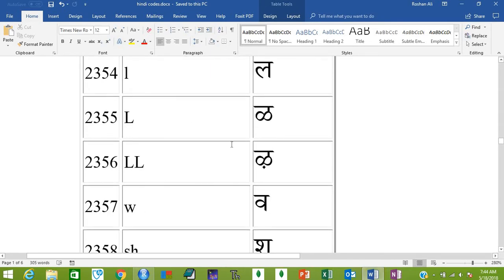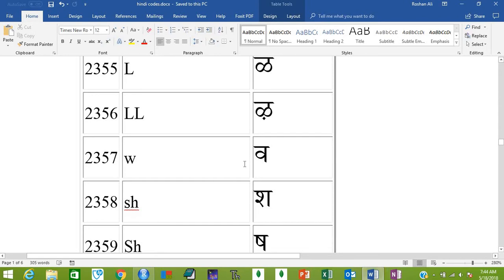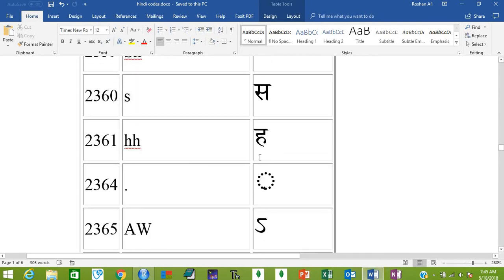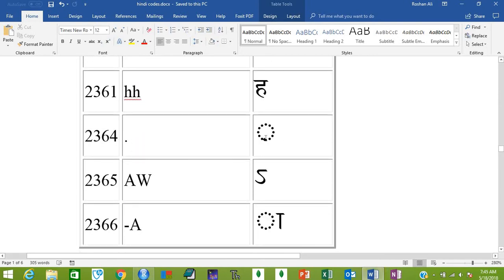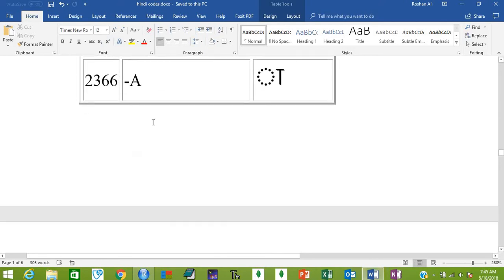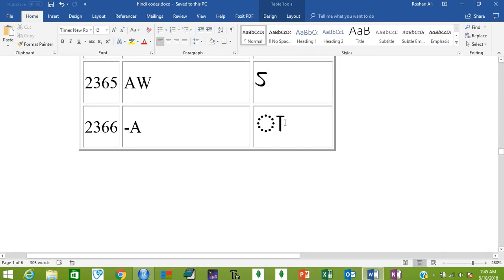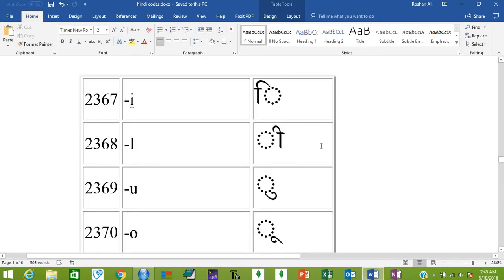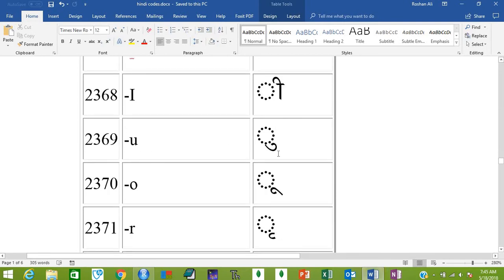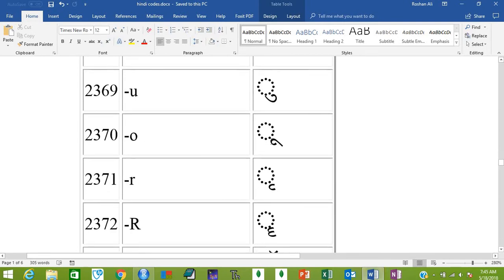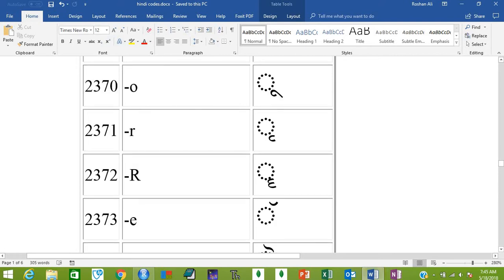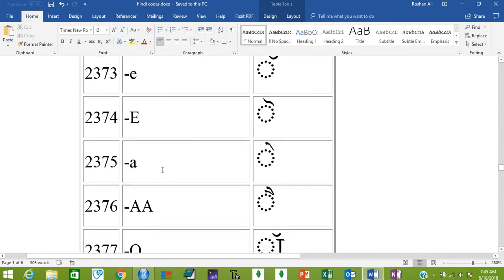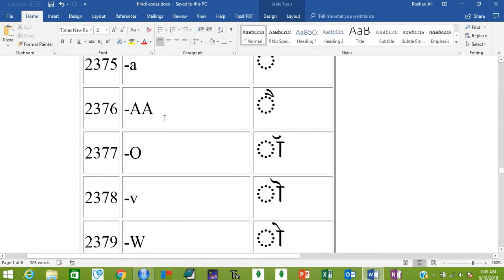capital L, capital double L for this, small w, SH, capital S with small h will represent this sha, small s, double H, dot will be represented for this purpose, capital AW for this character, minus capital A for this, this is the matra of A, dash I, matra of I, dash capital I, matra of E, dash small u, matra of U, dash small o, matra of O, dash R, this character, dash capital R for this thing, dash small e, dash capital E for this, dash A for this character, dash double capital A for